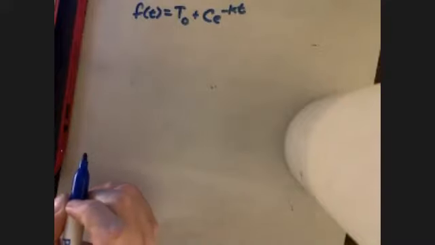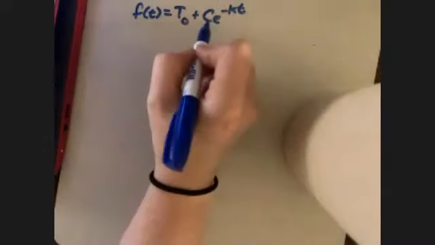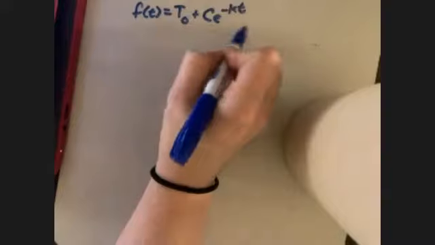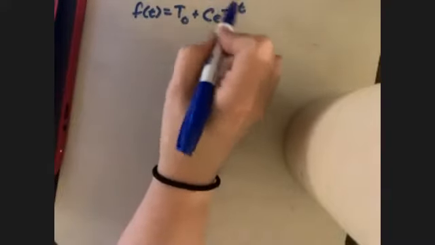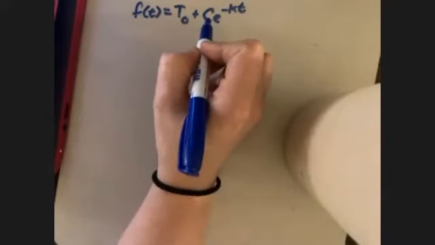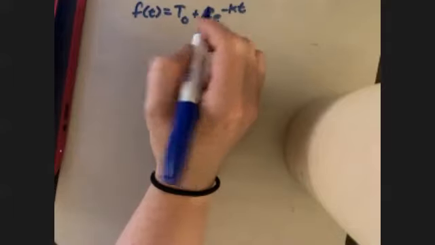Okay, so it says a pot of coffee with a temperature of 100 degrees is set down in a room with a temperature of 20 degrees. The coffee cools to 60 degrees after an hour, okay? So it says write the equation. Now, guys, if you remember seeing this, this looks very much like our normal setup that we have, okay? So what we've got is,